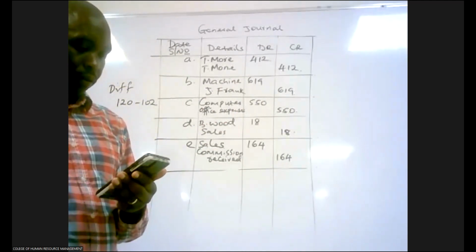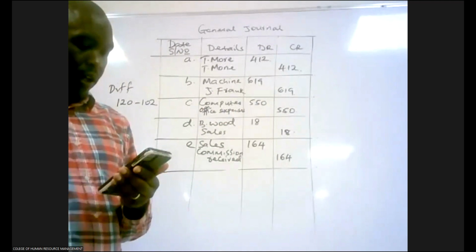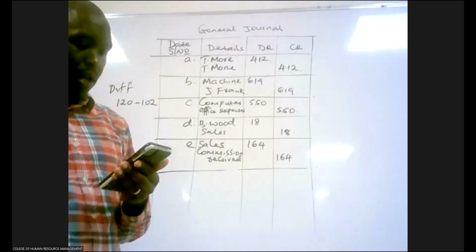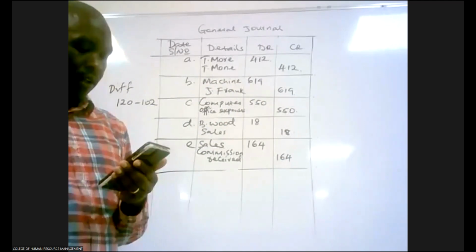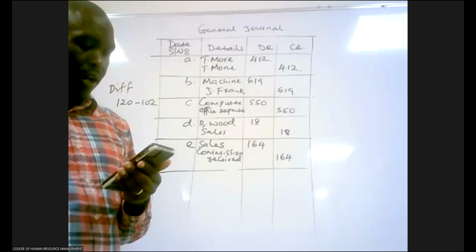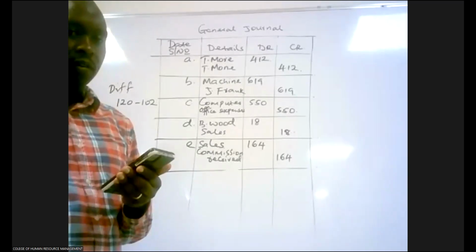F. A receipt of cash from T. Blair, 68, had been entered on the credit side of the cash book and the debit side of